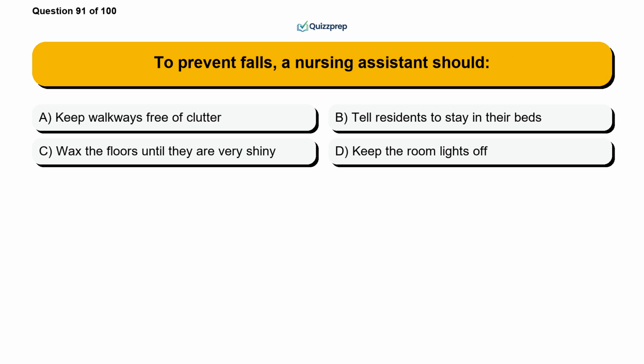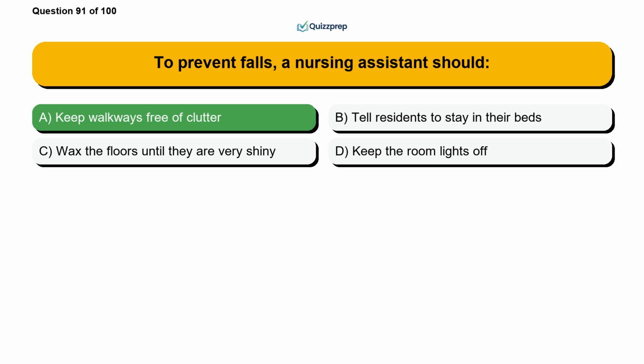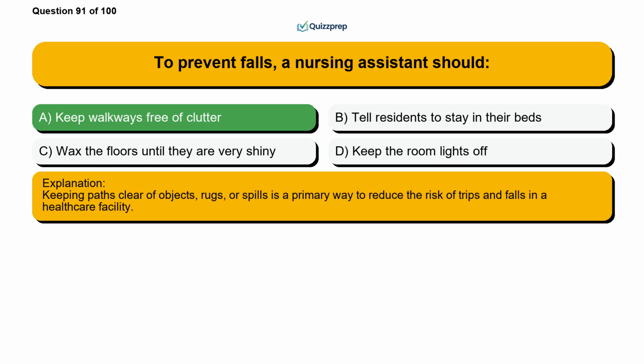To prevent falls, a nursing assistant should: Option A, keep walkways free of clutter. Option B, tell residents to stay in their beds. Option C, wax the floors until they are very shiny. Option D, keep the room lights off. The correct answer is option A, keep walkways free of clutter. Keeping paths clear of objects, rugs, or spills is a primary way to reduce the risk of trips and falls